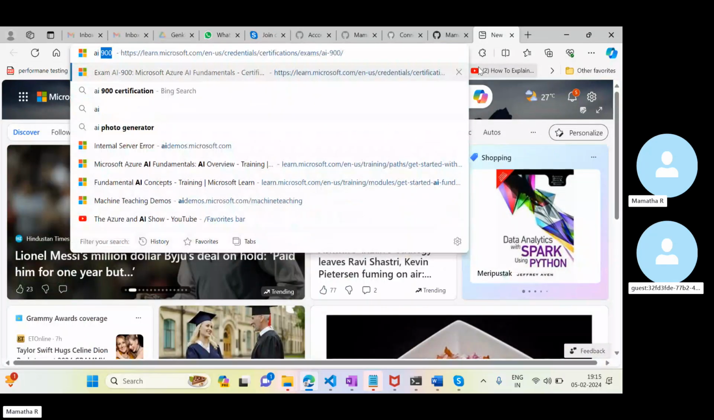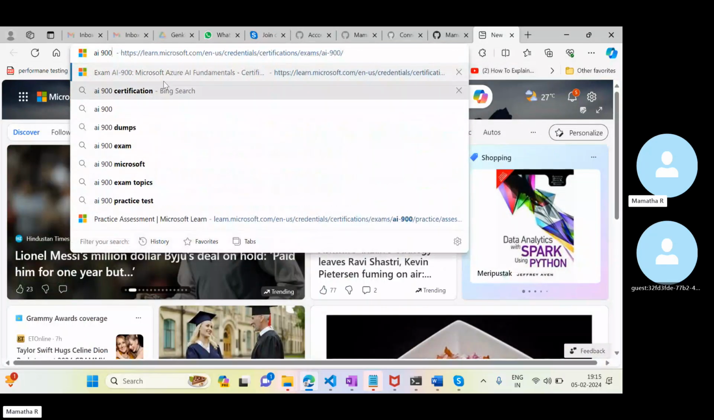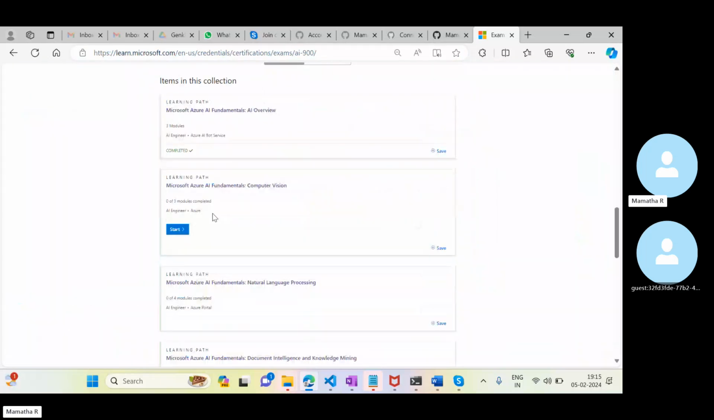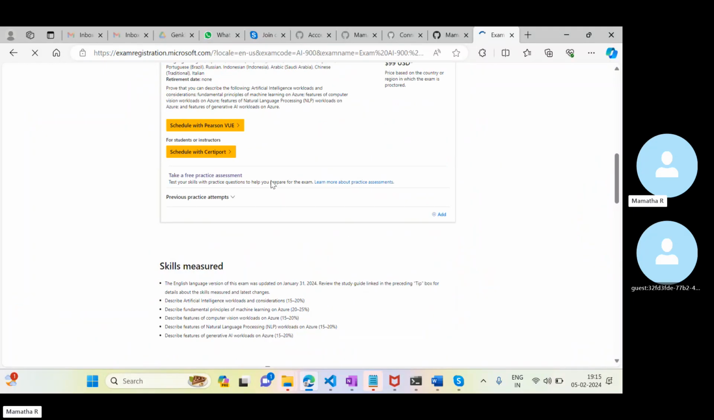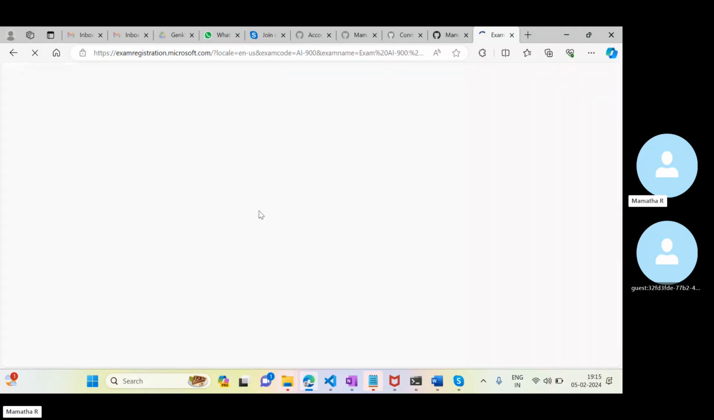So you can go to the AI-900 certification site. There you will get the option to schedule with Pearson. Once you get the coupon, go here, and after going here,